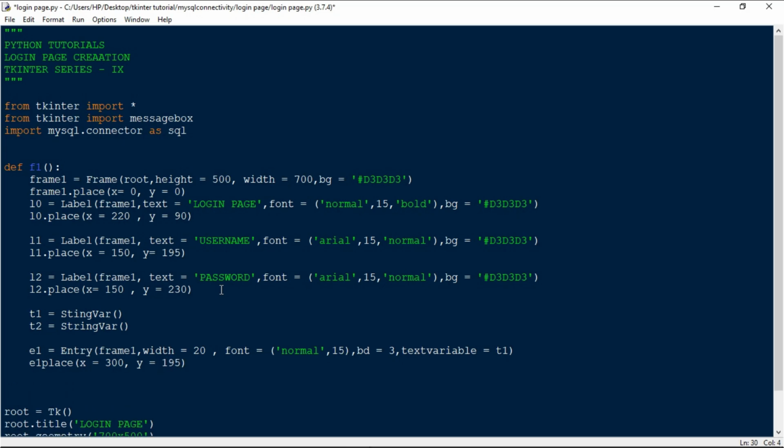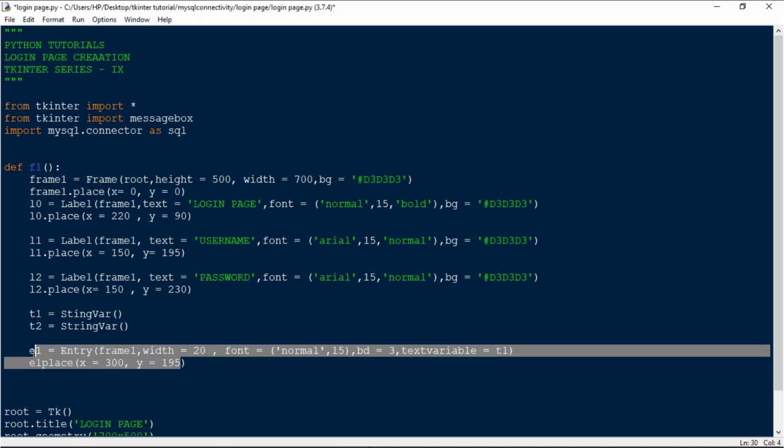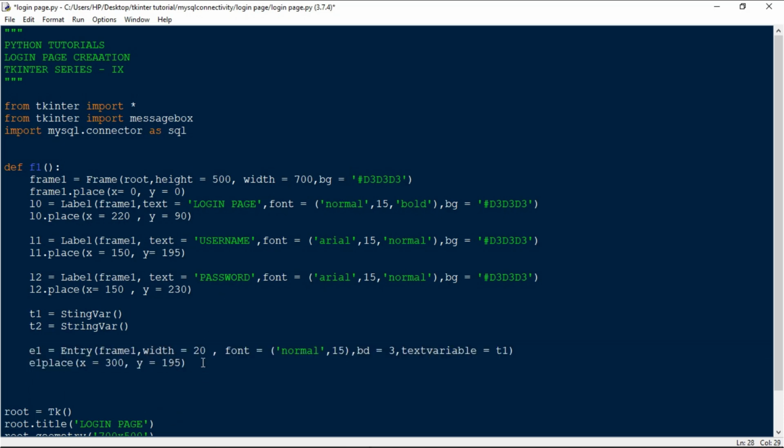Then we are creating the entry field e2.